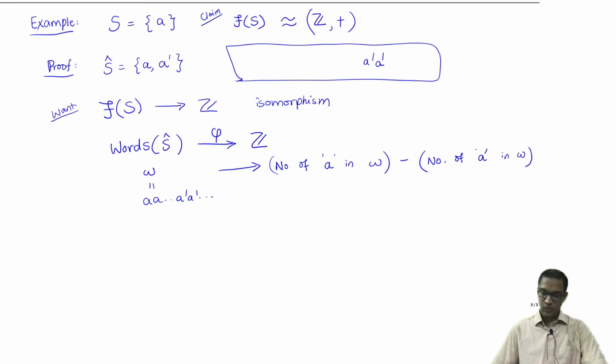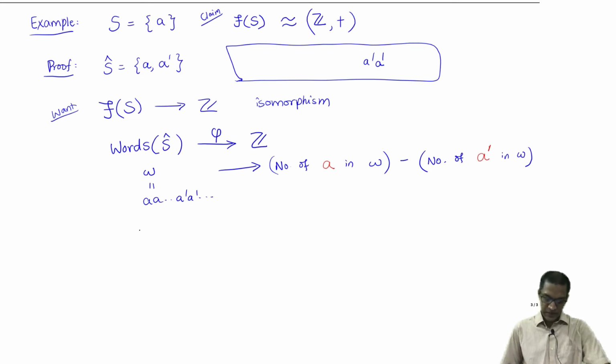I don't want to put that in quotes, as it is probably confusing, so let me get rid of this as well. Let me just put this in a different color. I'll say it's the number of occurrences of the alphabet A minus the number of occurrences of the alphabet A prime. This is of course an integer, which could be a positive or a negative integer. Let's see what properties this map has.